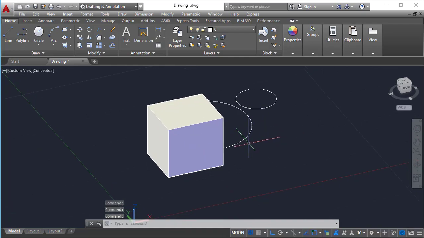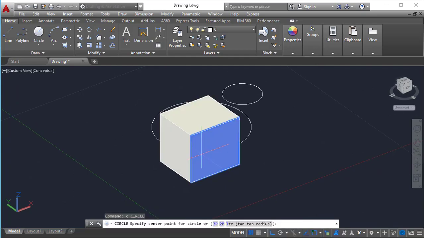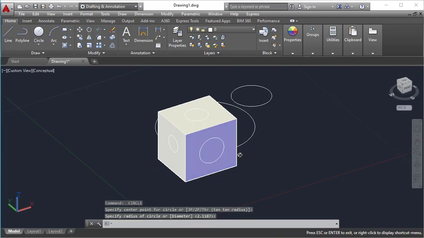If you switch on dynamic UCS and I try to draw something, if you hover your cursor onto the face, automatically it will detect and adjust the UCS icon according to it. If I click it, it will create a circle like this. If you click here like this, you can observe clearly.